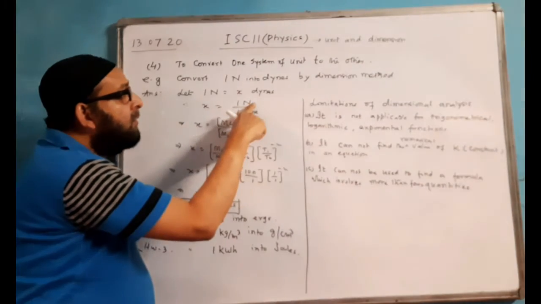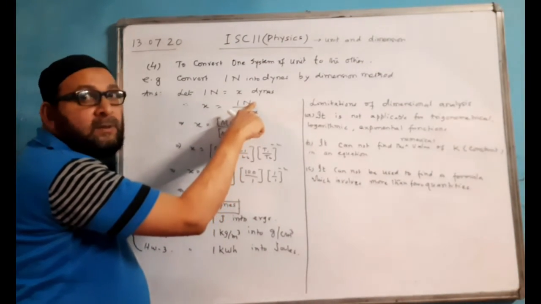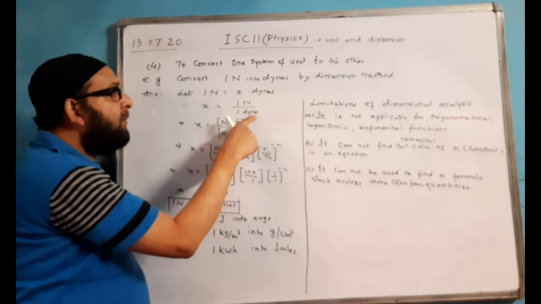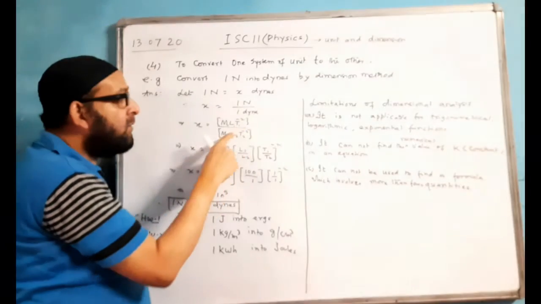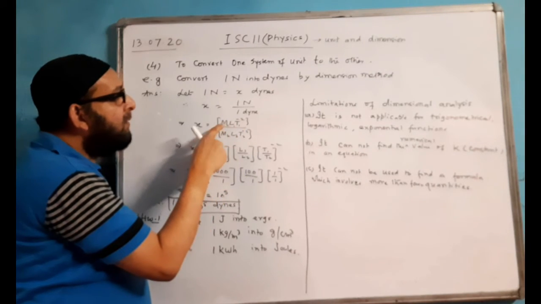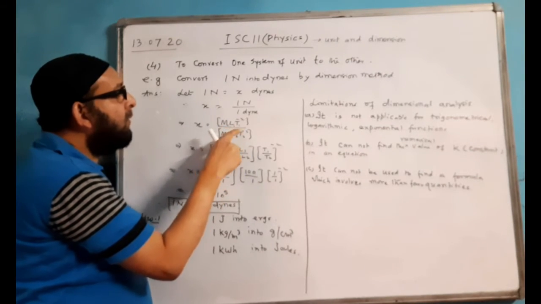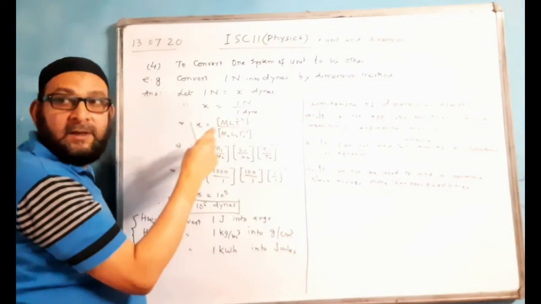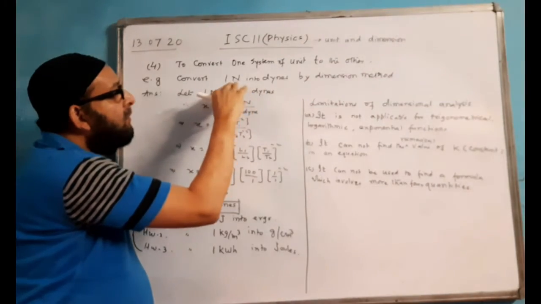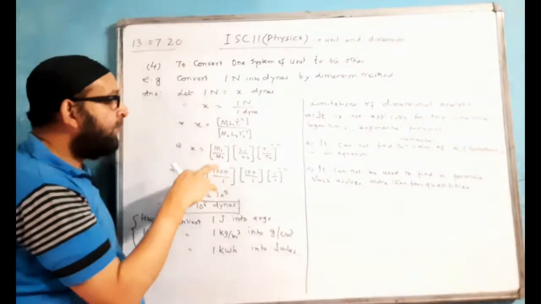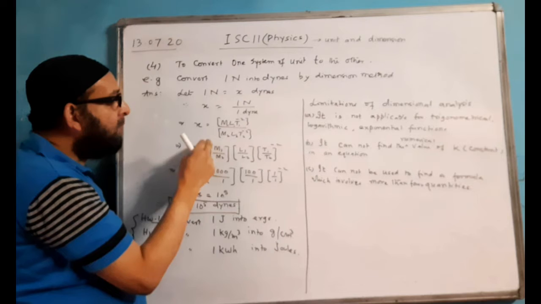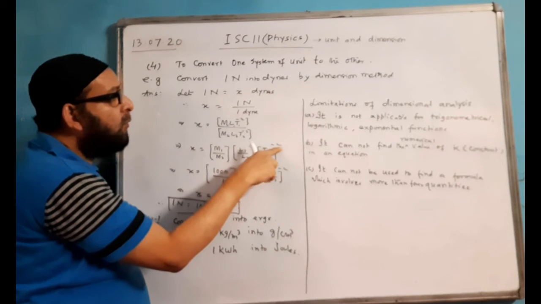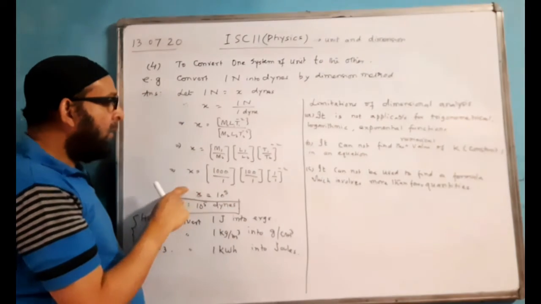So, what is the dimension of Newton? Newton is force. The dimension of force is MLT minus 2. Dyne also is a similar kind of thing, so same. But we are just writing the different subscripts 1, 1, 1 for the first system and 2, 2, 2 for the other system. Two different systems: one is MKS system and the other one is CGS system. So now separate M1 by M2 and keep together, L1 by L2 write together, T1 by T2, and the power write as a whole over here as minus 2.